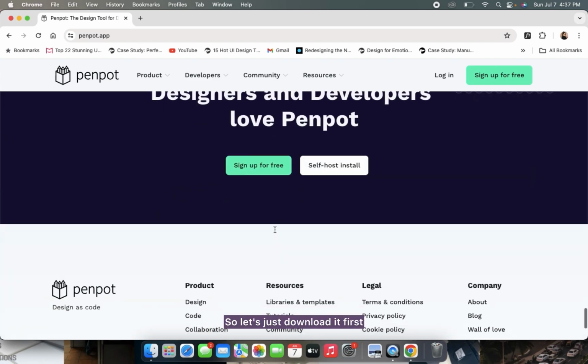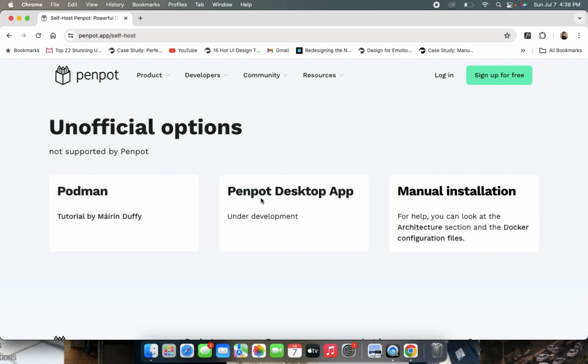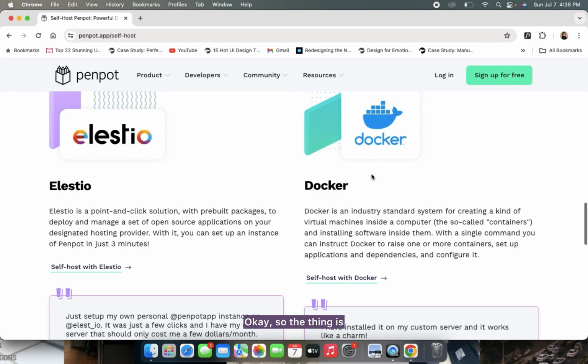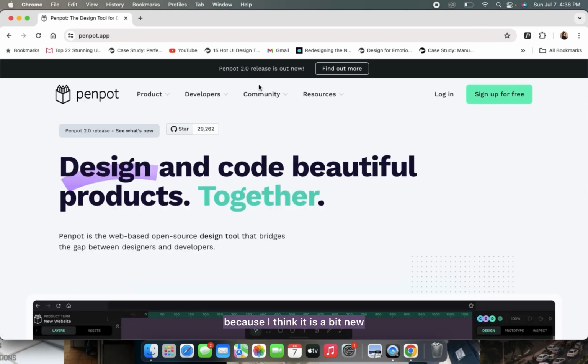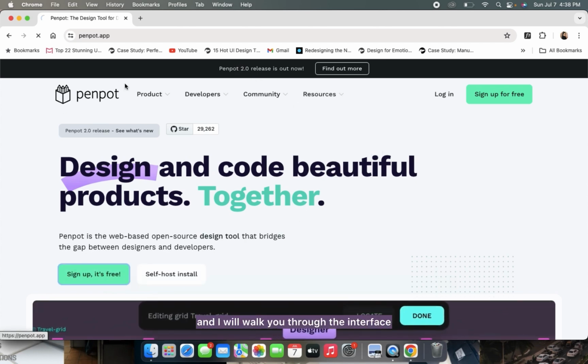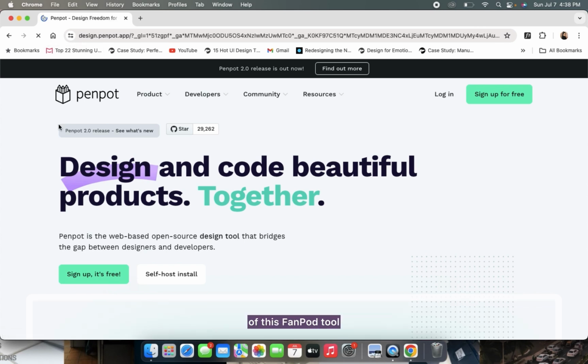So let's download it first. It is not available to download for now because I think it is a bit new. So let's sign up first and I will walk you through the interface of this Penpot tool.